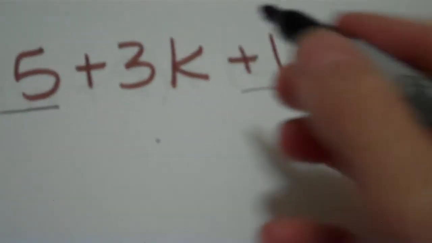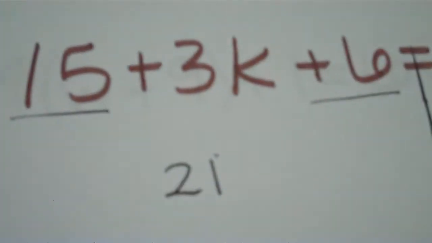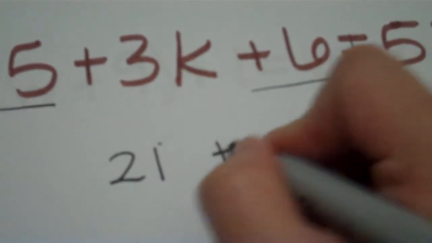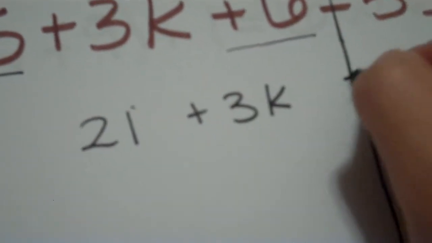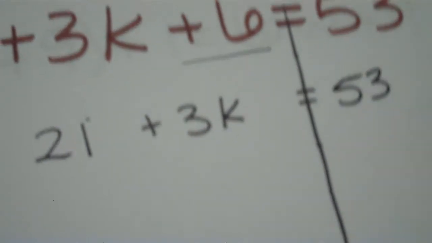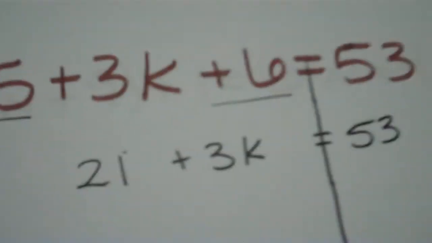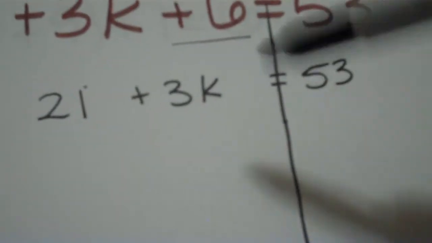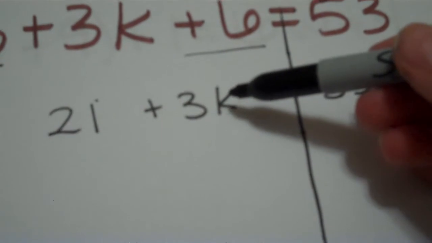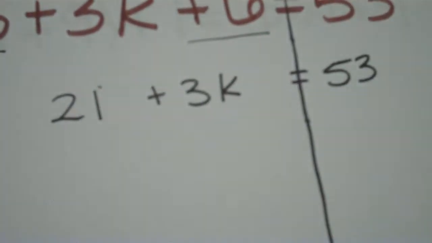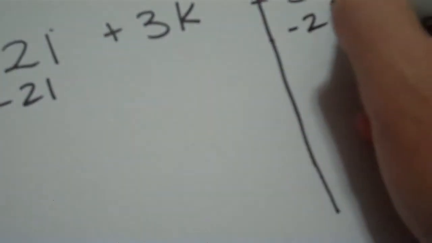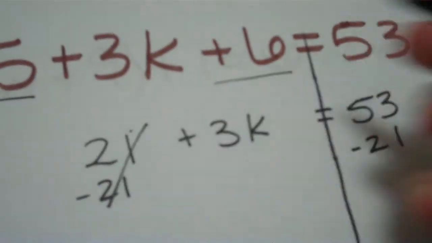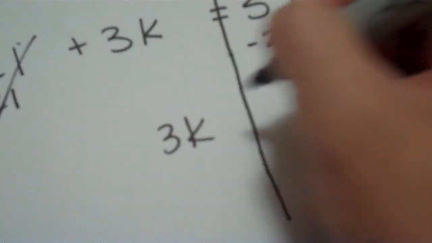You could write the 3K first, or you could write the 21. It does not matter. Plus 3K equals 53. So yet again, all I did was combine, and then from here, it's what you're used to. Letters on one side, well, there's only one letter, so I'm good. And then we solve. So I'm K, 3 is my best friend. I'm getting rid of 21. The opposite of positive 21 is negative 21. Okay, that goes away. We have 3K here equals 53 minus 21,